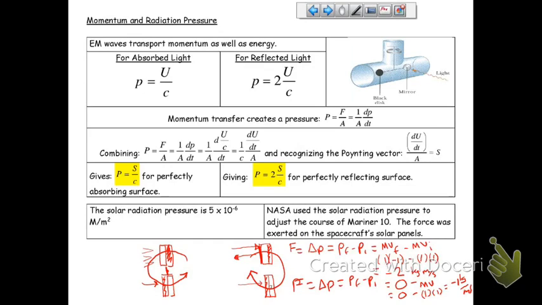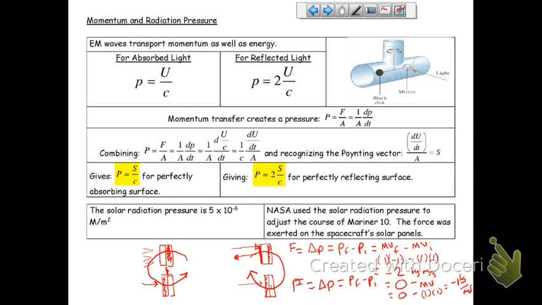They talk about solar sails. They talk about a free engine. You just put a big sail up and it catches sunlight and just continues. So this is where this is coming from. And basically what it says is we have a dark side and a light side. And basically what we say is that the momentum is equal to the energy over the velocity for the absorbed light. If it's reflected, it's 2 times that. We have twice the amount of momentum.